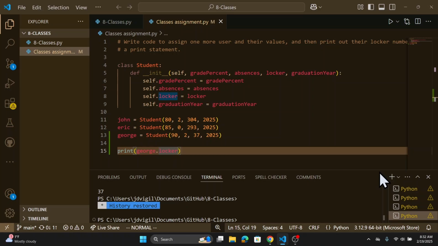Before we get to lesson 9 though, I want to go over last week's assignment. We're just going to do that first because we have a couple things to take care of in the assignment itself. So let's look at last time's assignment, and it was to write a code assigning one more user and their values, and then print their locker number